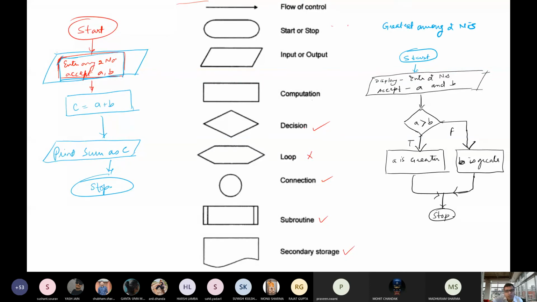Done? So let me start the greatest among three numbers.